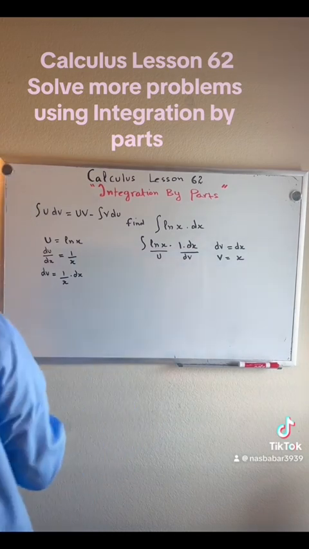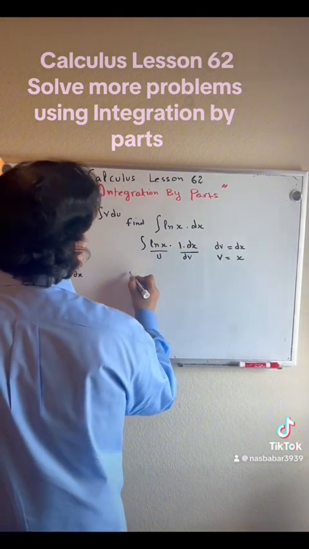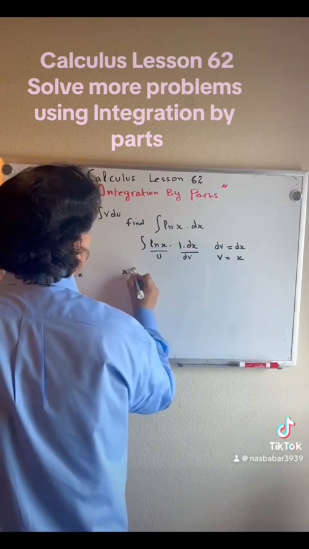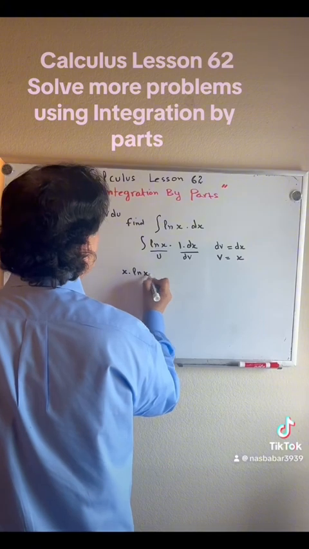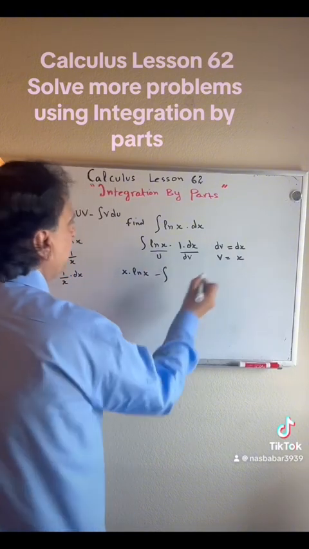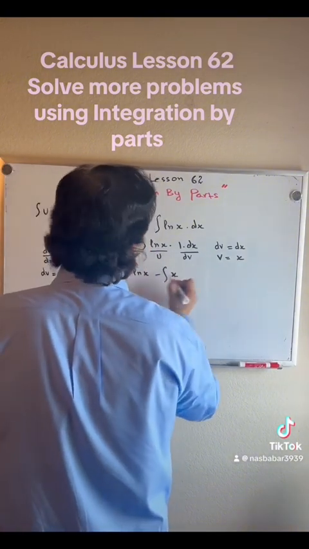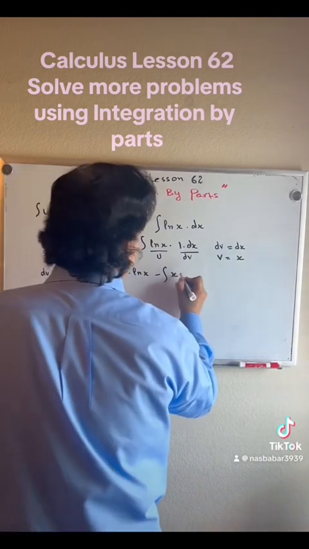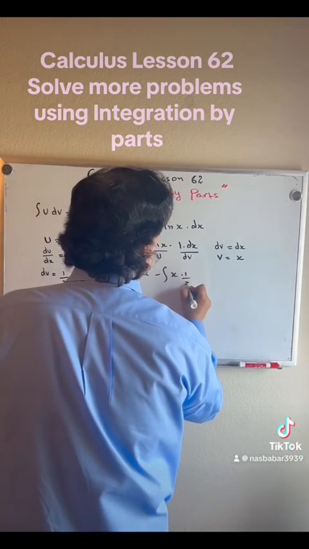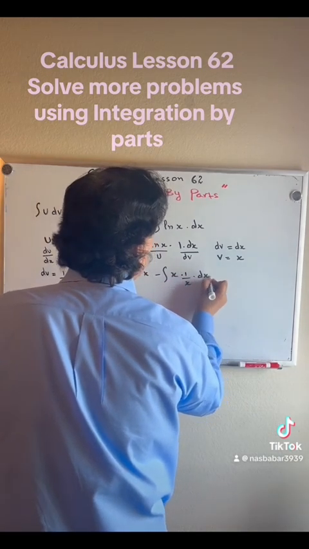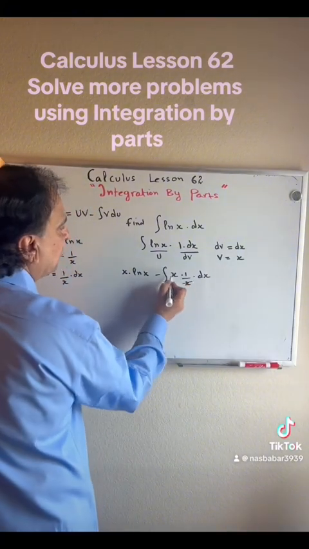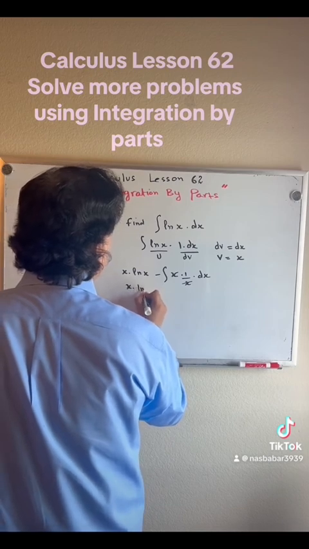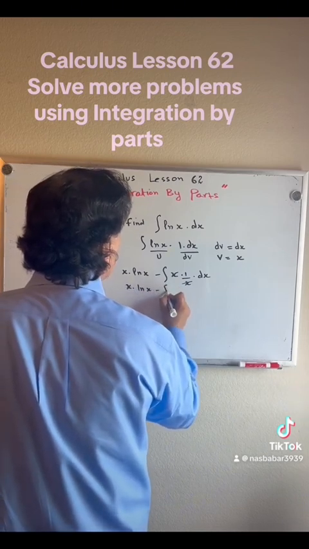Now we come back to this formula right here and apply it. What is u? u is natural log of x and v is just x. So we say x times natural log of x minus the integral of v, which is x, times du. We calculated du right here, so it's 1 over x times dx. Straight away I can cancel this x with this x, and I am left with x times natural log of x minus